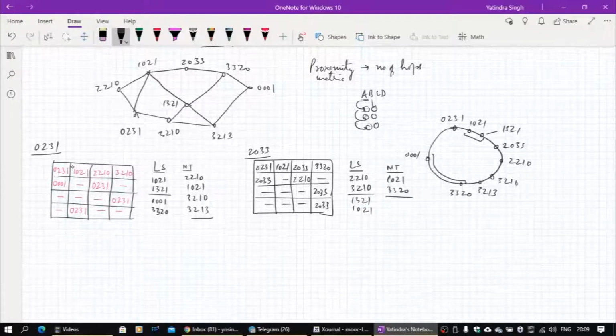So 2033 has got these two. Then it can pick up 2 hops away. There are this node and this node. Any one of them can be picked up. So 1 and 3 we have already picked up. Okay, so we would like to pick up a node with 0. So 0 obviously should be there.